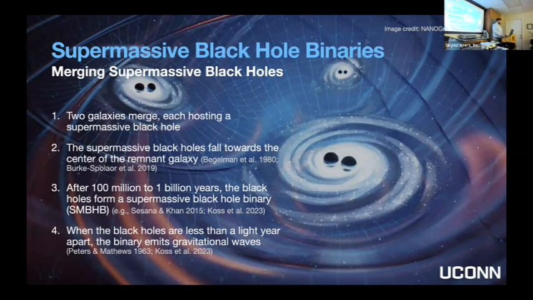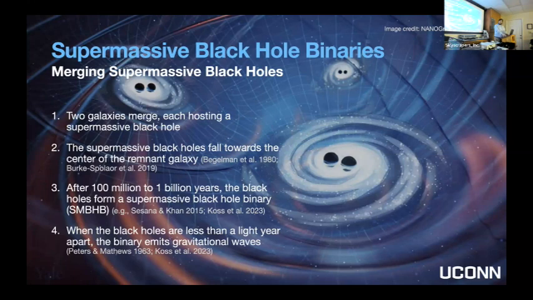What determines which one's the remnant galaxy? Well, neither of the progenitor galaxies is the remnant galaxy. It's really the galaxy that forms after they both come together. So it's a mixture of both of the progenitors. That's like milk drama when that happens over however many billions of years. Basically. But yes, the supermassive black holes fall towards the center of the galaxy remnant.